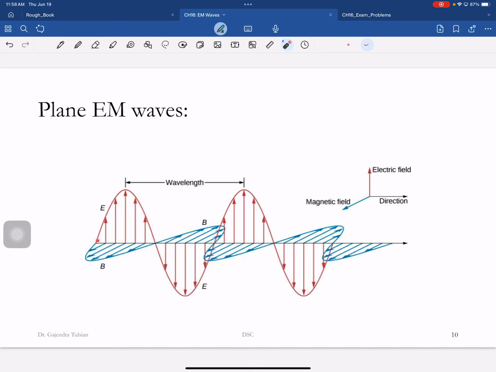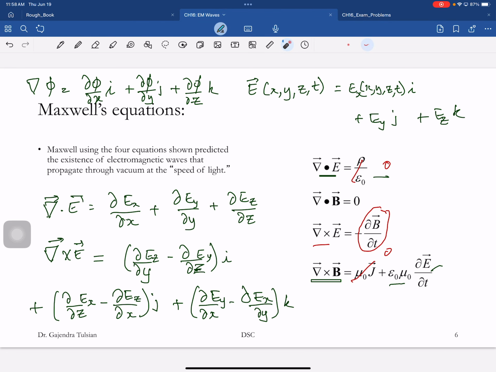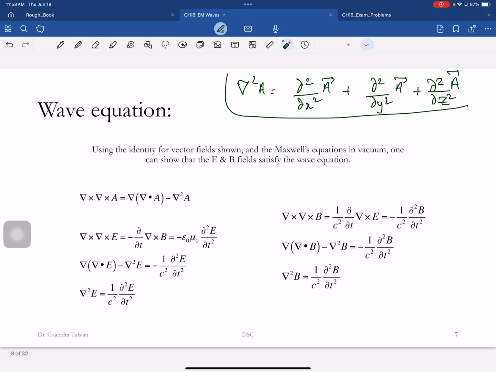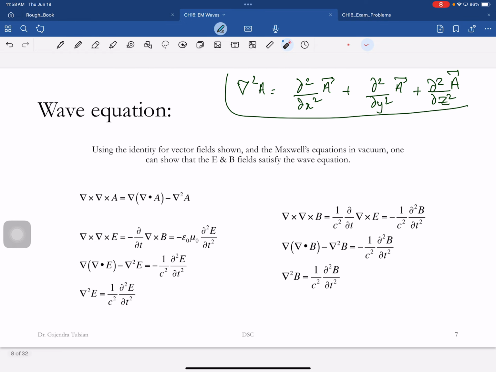I didn't show you the other half. The magnetic field has the exact same equation. The wave equation satisfies the exact same equation. And since E and B fields are related by these equations, there is the wave equation for the electric field, and you get the exact same equation for the magnetic field. And since E and B fields are related like that, if you consider